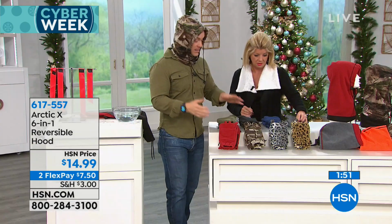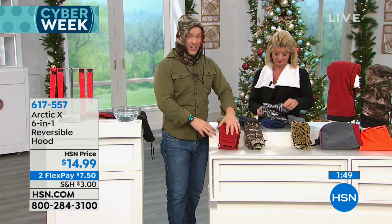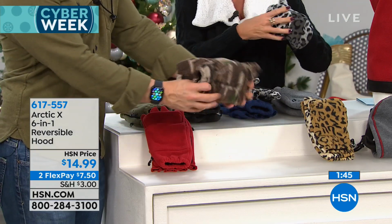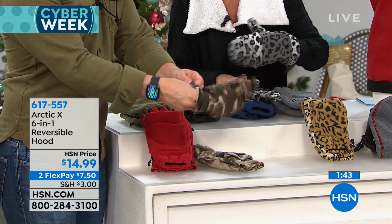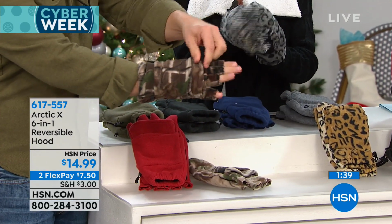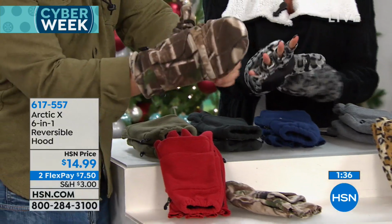And I want to also recommend, what about for the hands? So Arctic X is taking care of our head, but our fingers are taken care of too. So I'm going to put on the camouflage glommets. Why are these great? So they're gloves that just go right over your hand. But you see, I have full dexterity of my fingers, which is great, but when they get cold, it turns into that nice